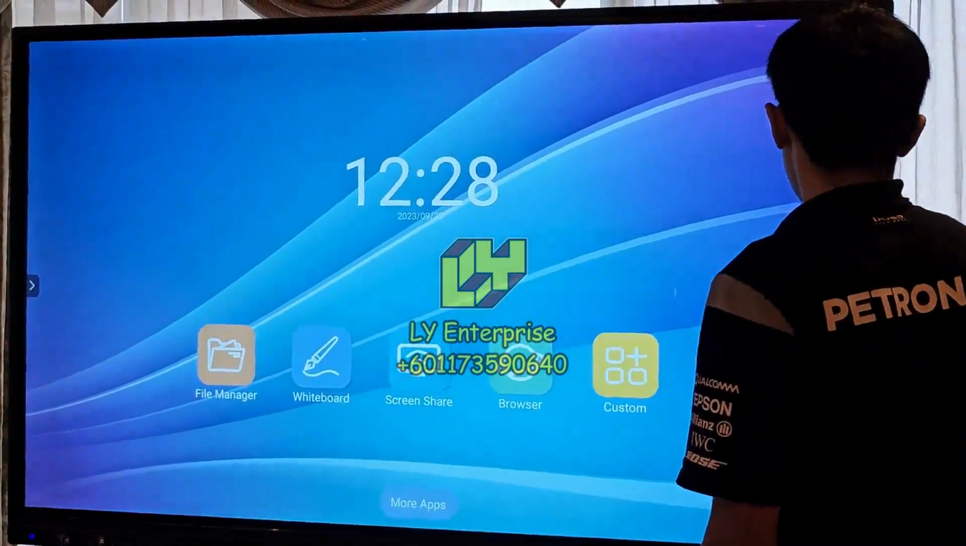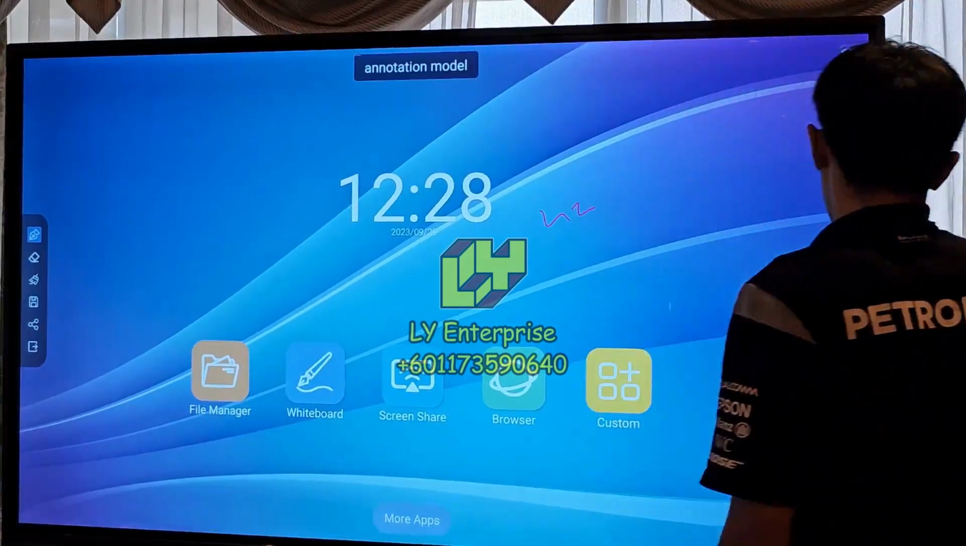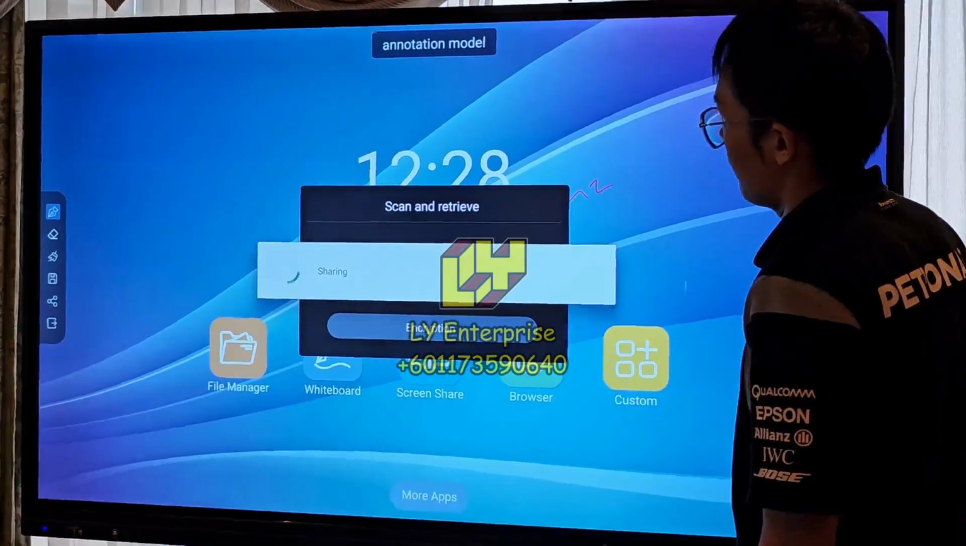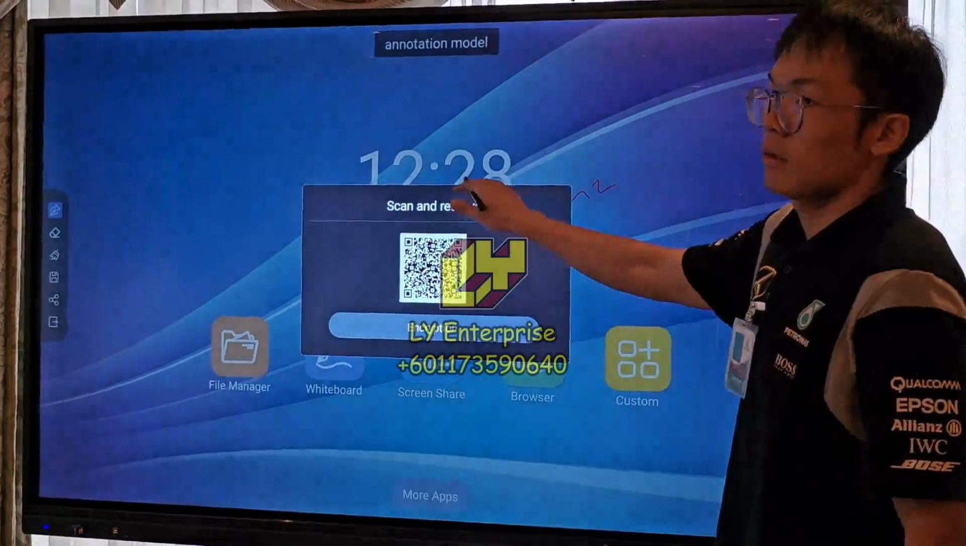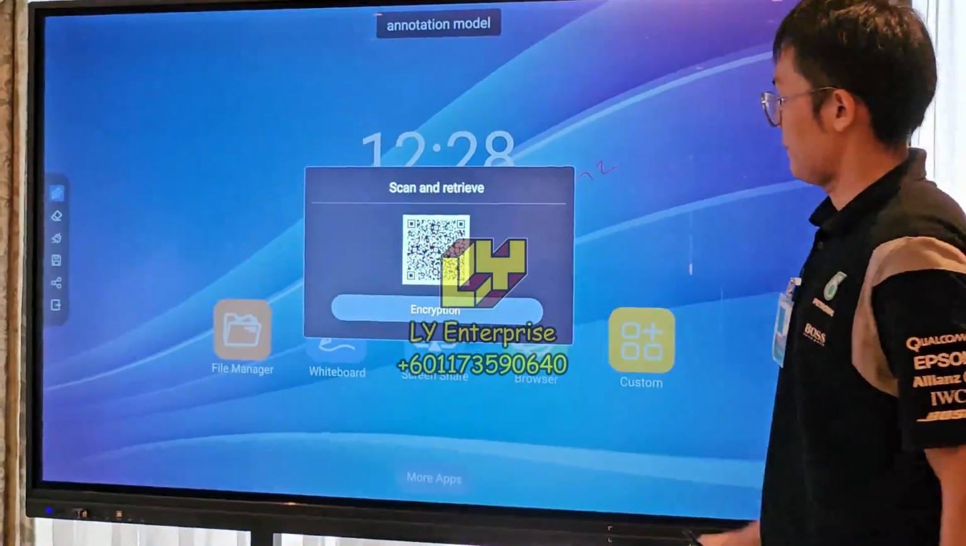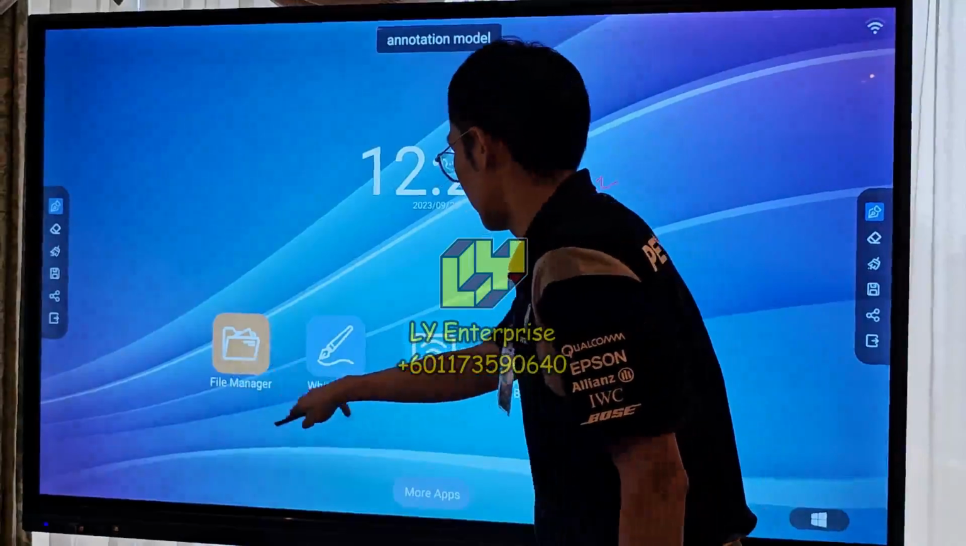So for example, I do something. Okay, let's try to share. This QR code, you can scan it and you can download the original image. Let's say if they want a white screen, yes, white screen, you can go to this